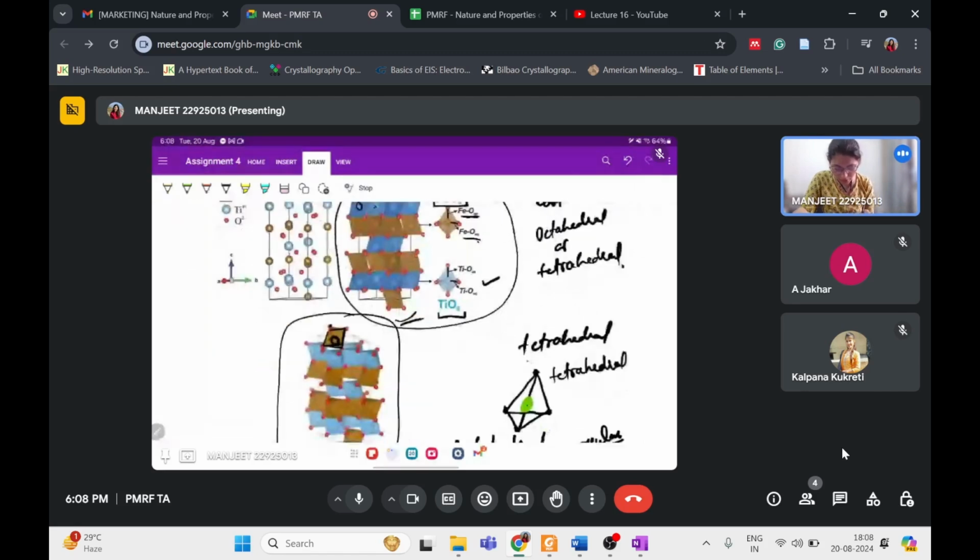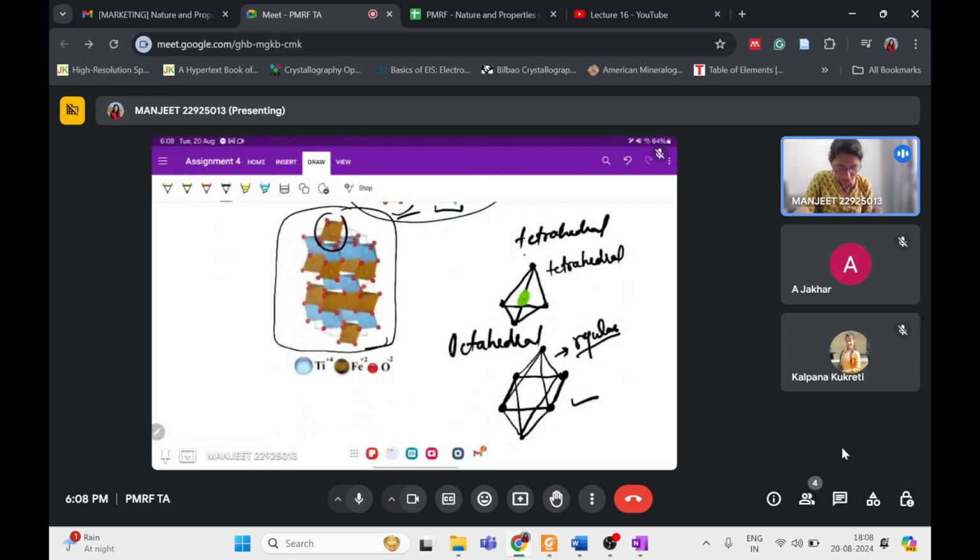If I see from here, this atom is connected to 6 oxygen, having a structure like this. So I can say this Fe2+ is occupying the octahedral position,